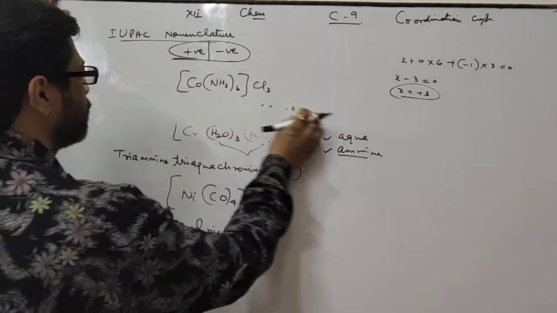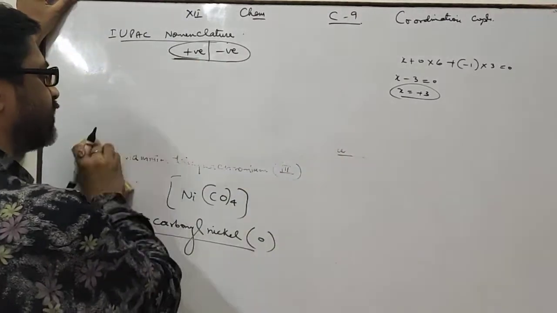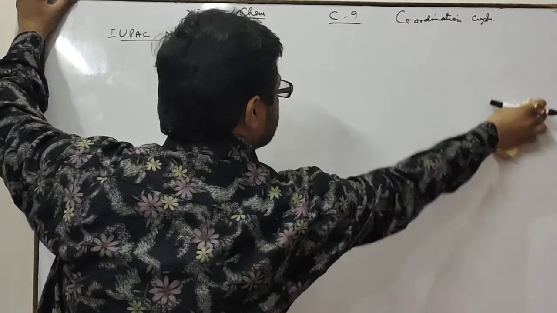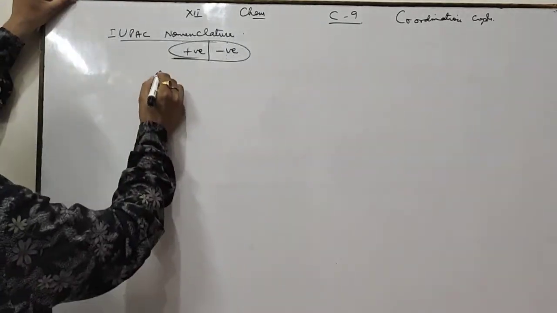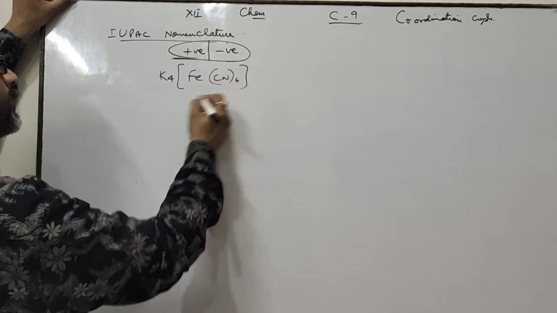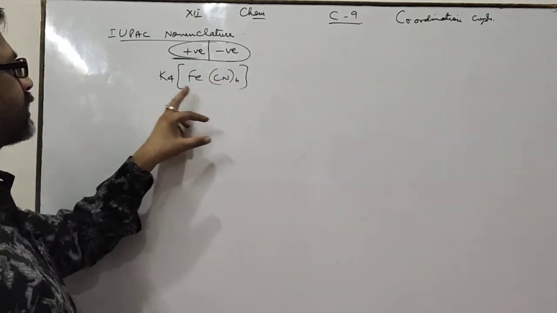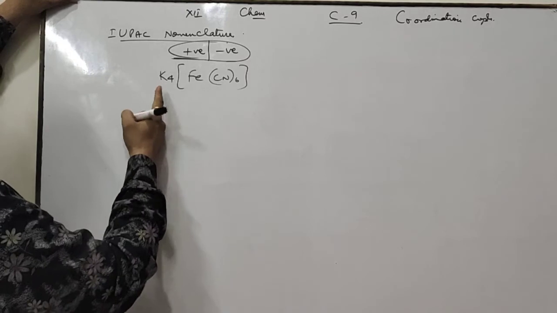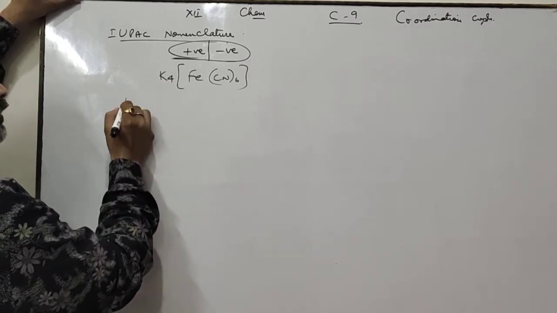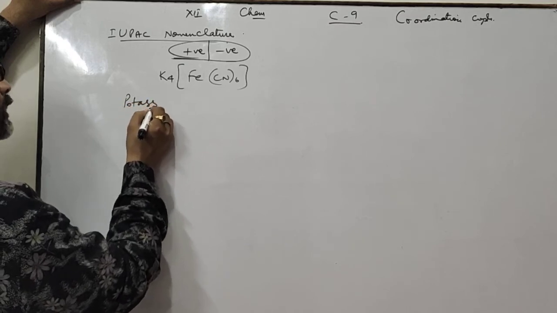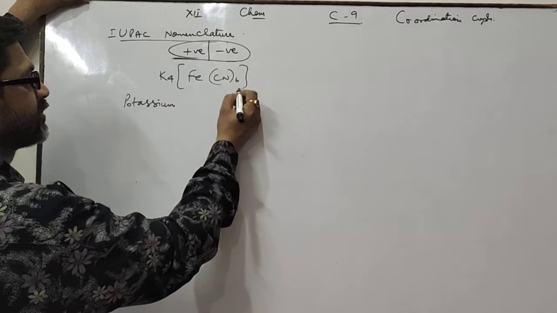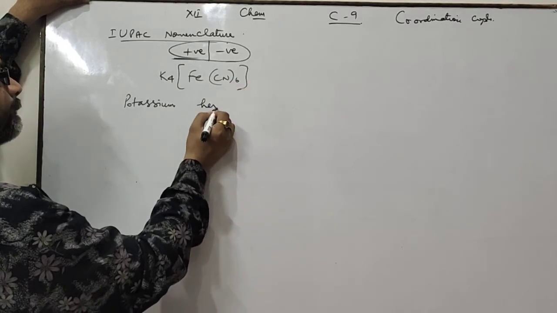Means during writing the IUPAC name, you write the positive part first, then the negative part. Okay. Take one more example in which the coordination entity is negative. See here, like K4[Fe(CN)6]. To write the IUPAC name of this compound, first of all you write the counter ion. This one is 4, but you write only potassium for this. Potassium. Then within this coordination entity you write hexa